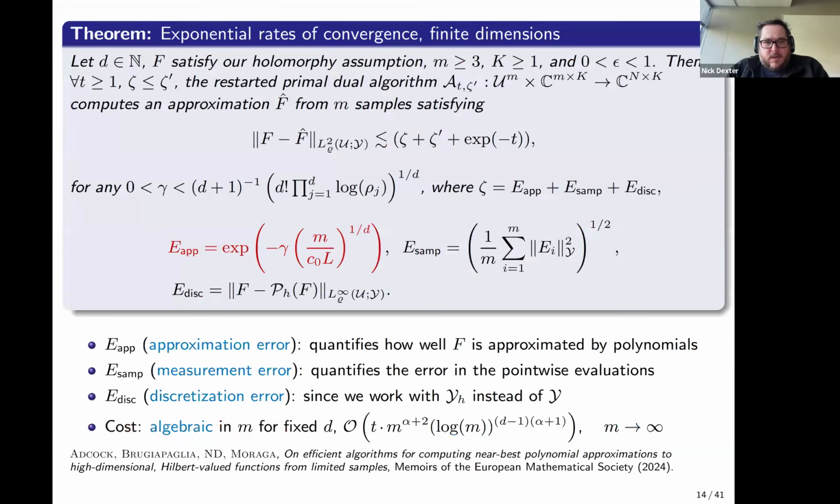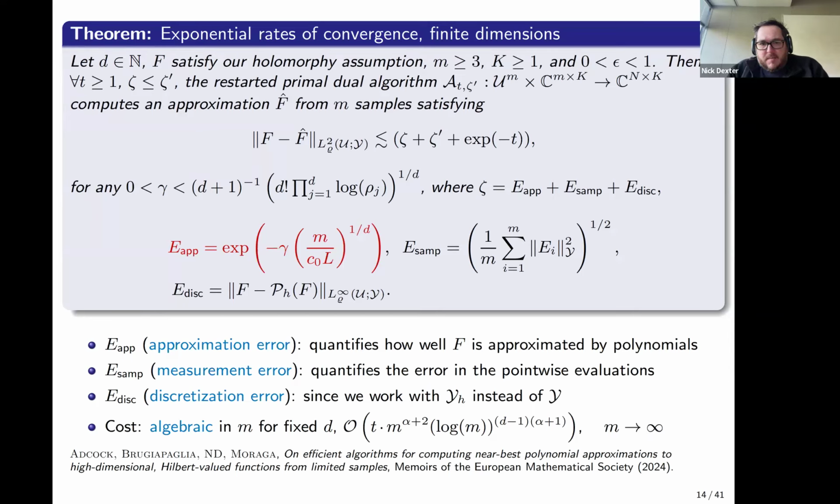Okay, so quickly I'll go through this. The next two theorems talk about how this looks when we try to solve this problem in the finite and infinite dimensional settings. What we were able to show is we get exponential rates of convergence in finite dimensions. So under our holomorphy assumption, assuming d is finite and m is greater than or equal to 3 and K is greater than or equal to 1, then for all t greater than or equal to 1 and zeta less than or equal to zeta prime, this restarted primal dual algorithm computes an approximation f hat from m samples satisfying this bound in the Bochner norm,